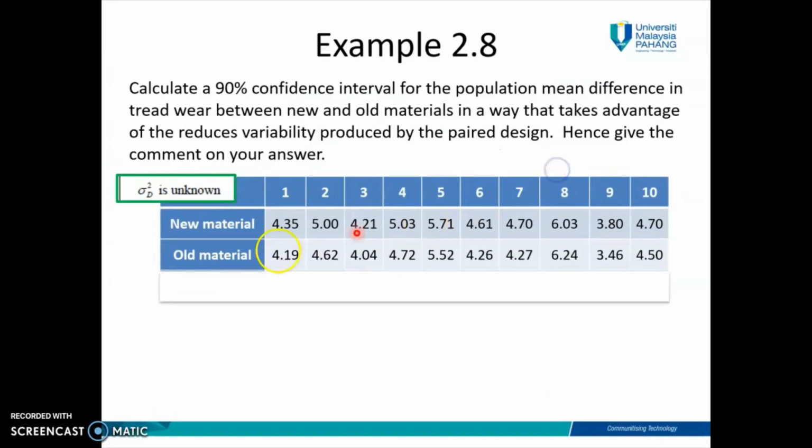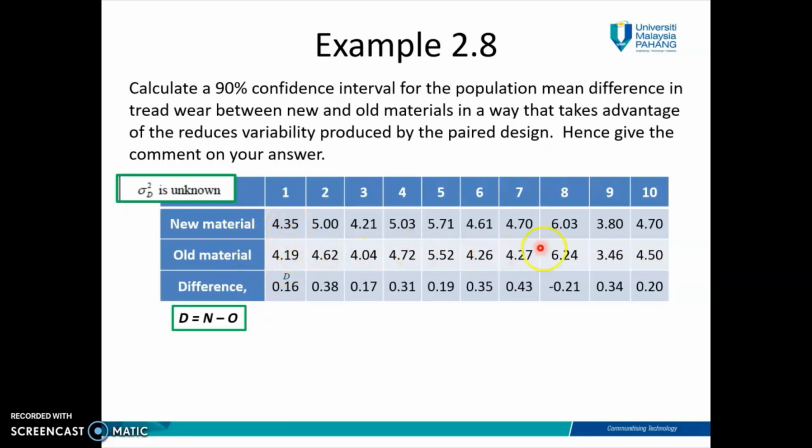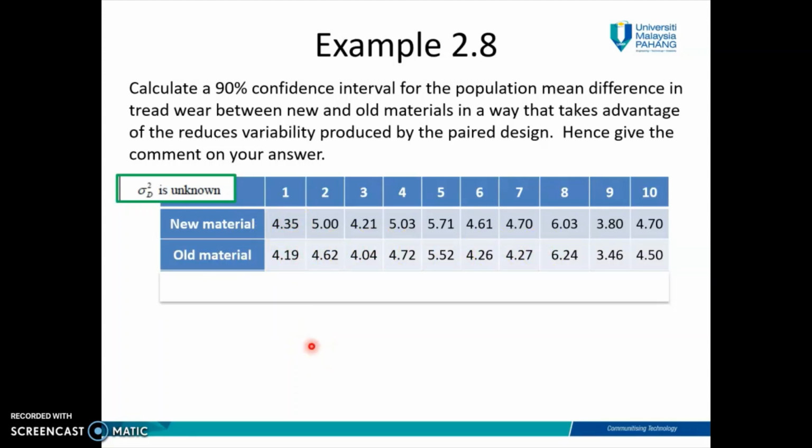So, for dependent samples, to find the mean and standard deviation, you need to first calculate the differences between these two data sets. Okay, so for an instance, for this example, look at the instruction up here. They want you to find the confidence interval for the mean difference between new and old materials. Because the question mentioned new and then only they mentioned old material, so we are going to